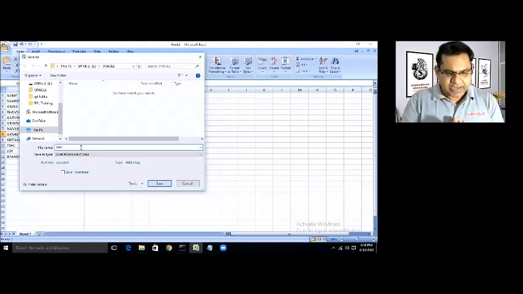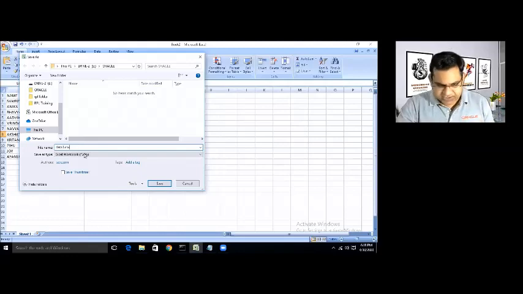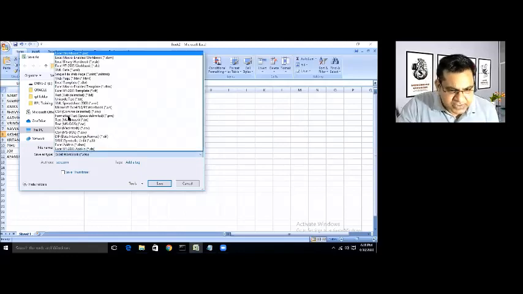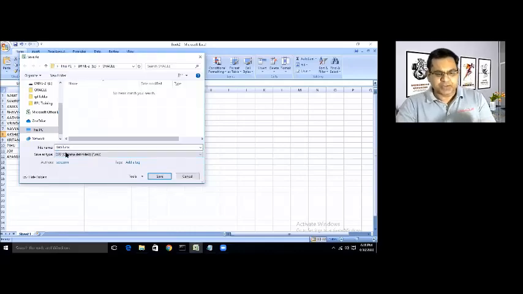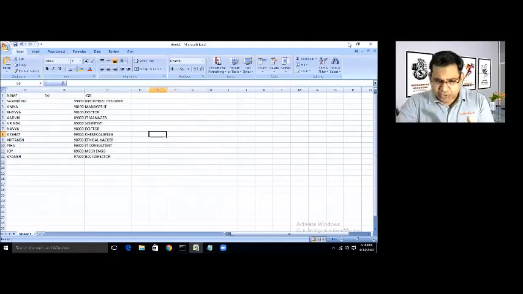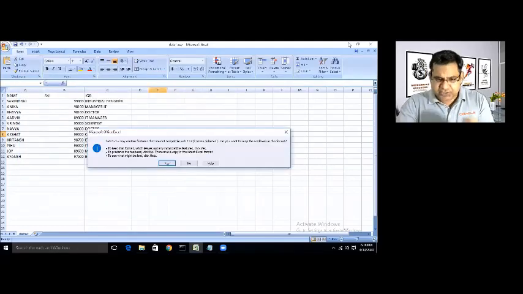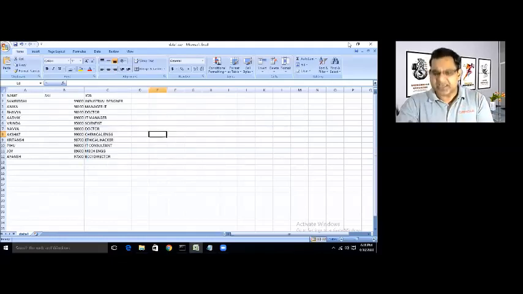file, right? And suppose I'll give data1, because I'm under the impression that a data file will already be there on this system, right? .csv is the extension for that, or else you can simply select .csv from here, comma delimited, right? So data1.csv and just save it. So now your file has been saved. It will give you a message to change the format. Just click yes.